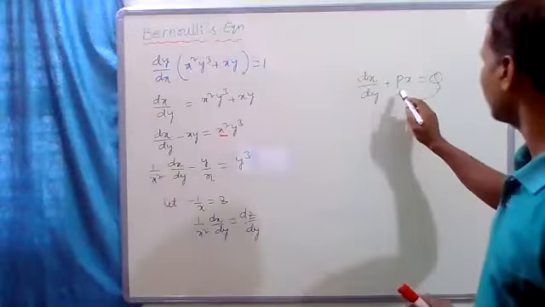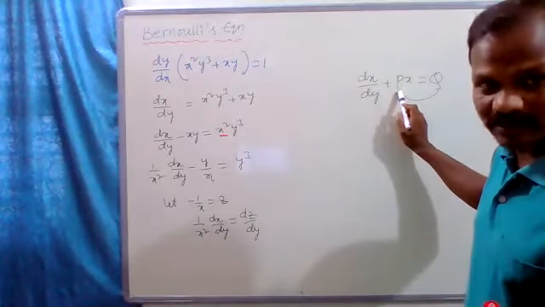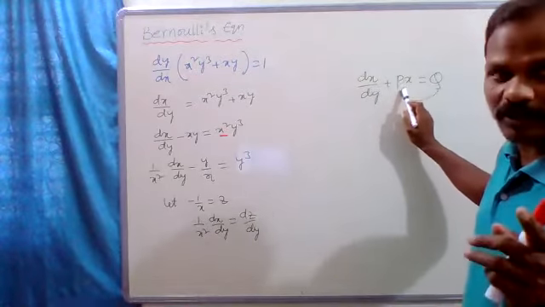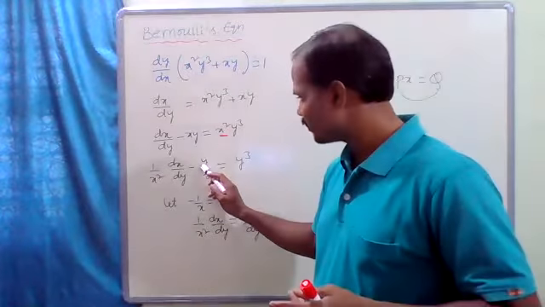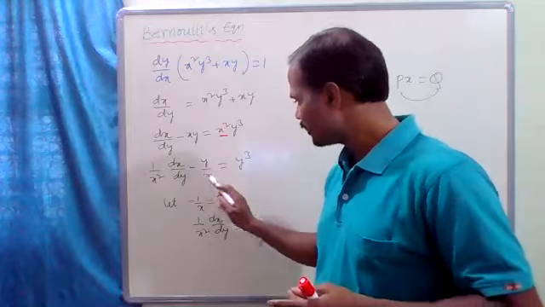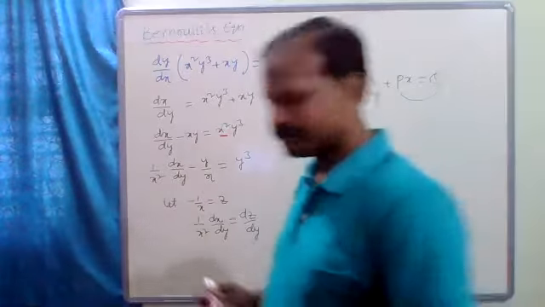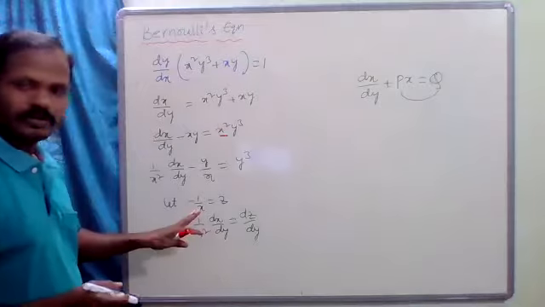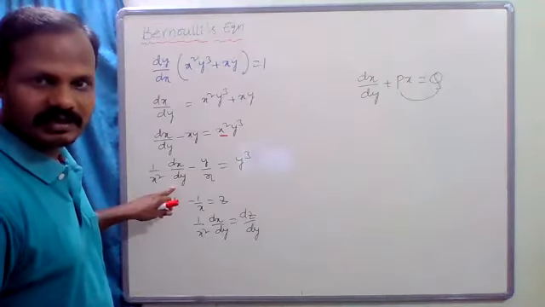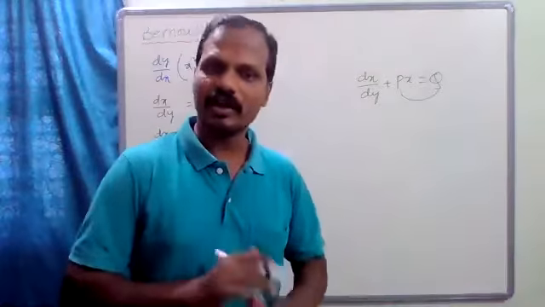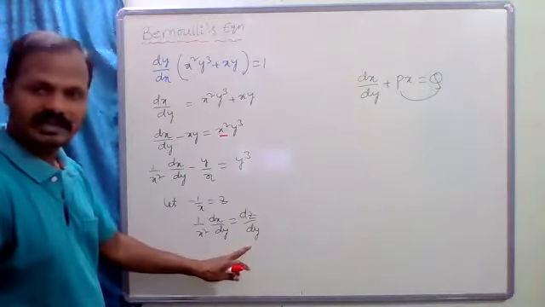So here in this case, what is p? P is in terms of y, so you have to take the coefficient of p as z. Here p value is y, so what is the coefficient of p? Minus 1 by x. That we have to take as z. Clear? Now, since here dx by dy is there, you have to differentiate with respect to y on both sides. So 1 by x square dx by dy equals dz by dy.